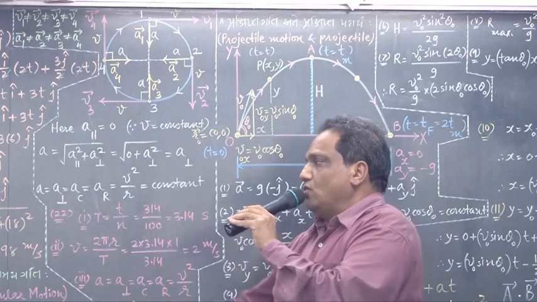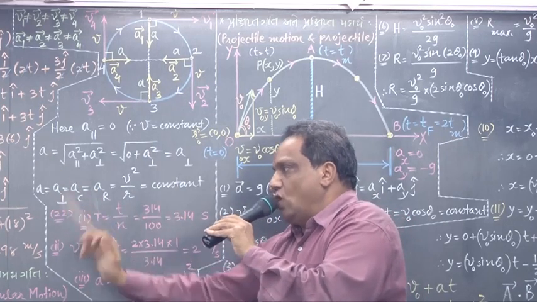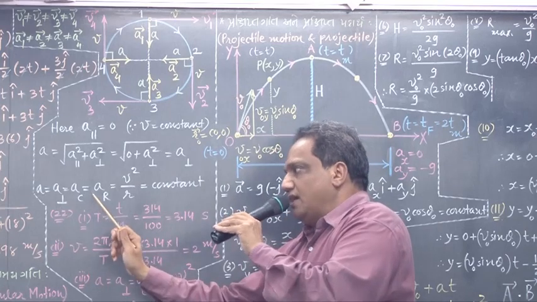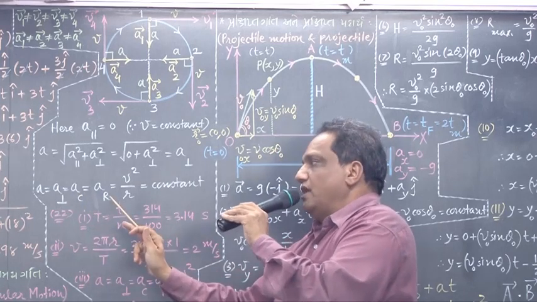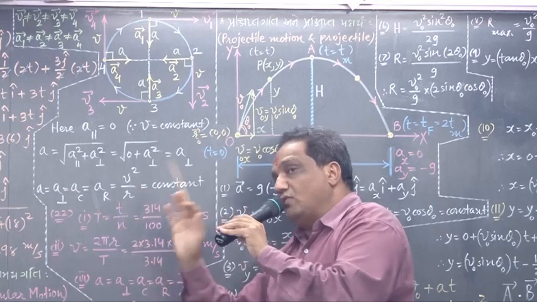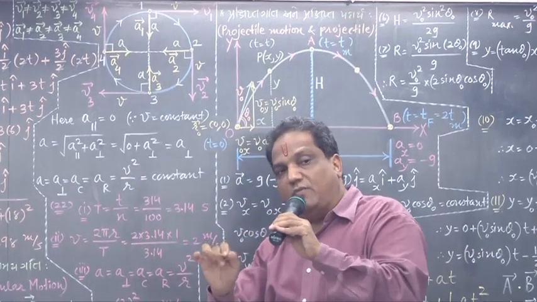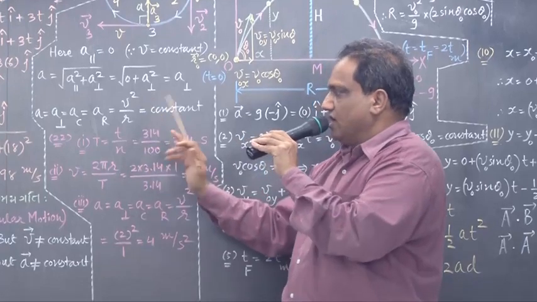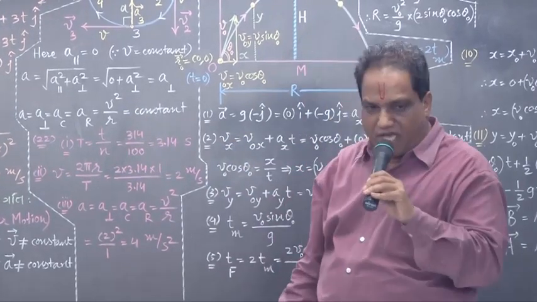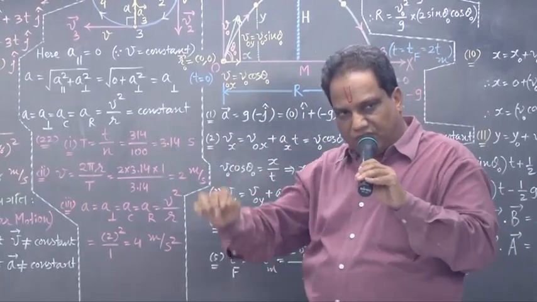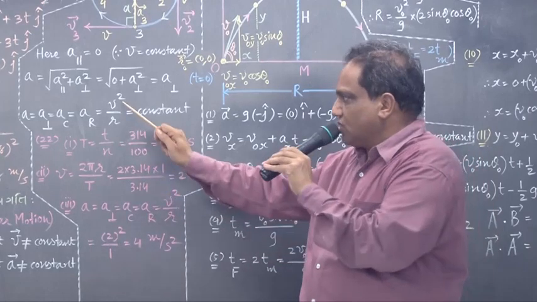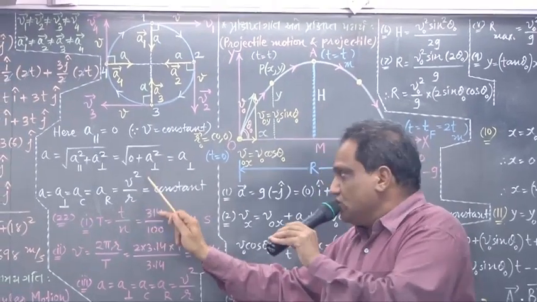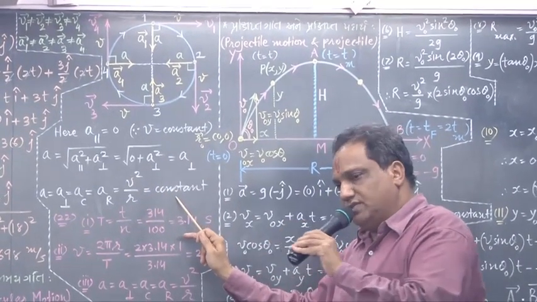So here you can call it total acceleration, or the a perpendicular component, or centripetal acceleration, or radial acceleration. All of them have the same meaning. Its formula, which you just have to remember, is very simple: v square upon r. For uniform circular motion, the speed remains constant, and for a given circle the radius is always constant. So this ratio will remain constant.